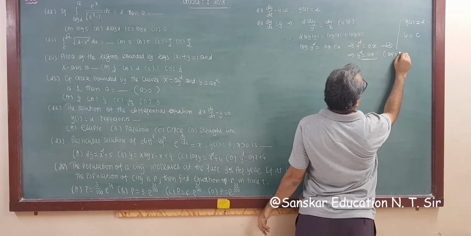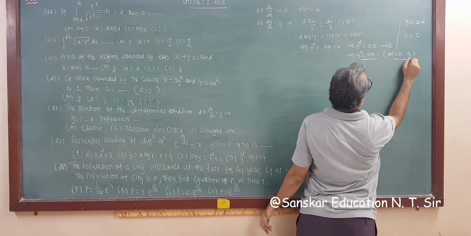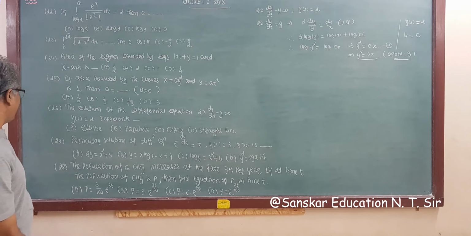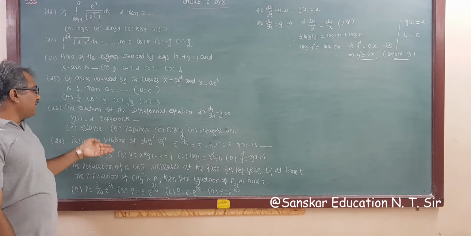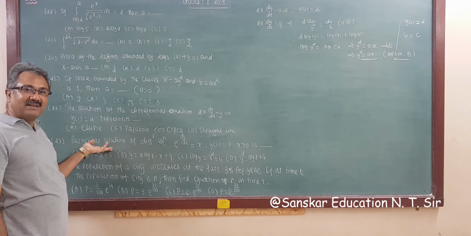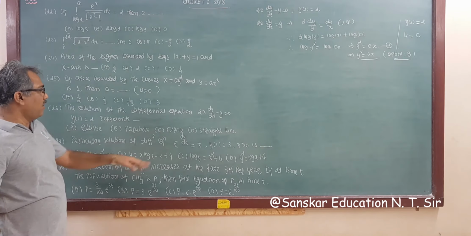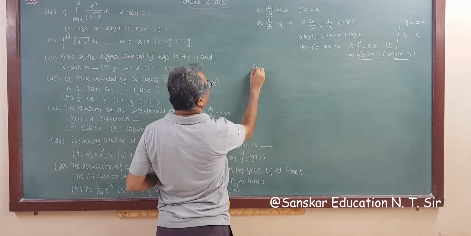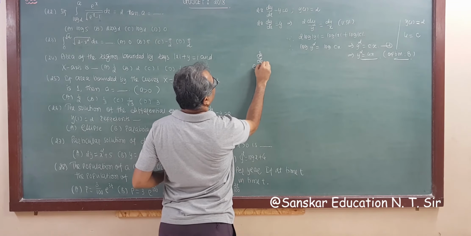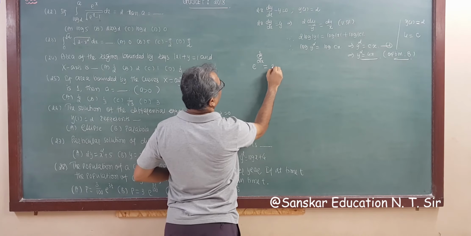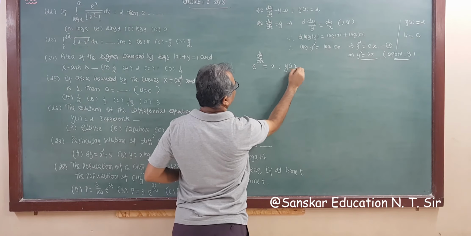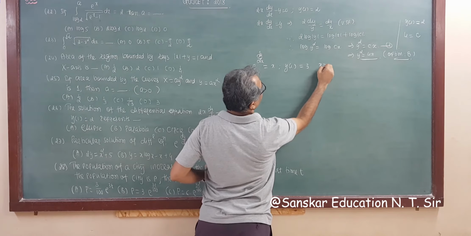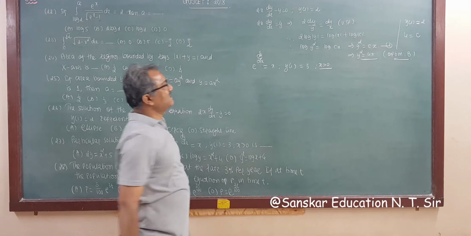So option B is correct answer, right? Then 27. Particular solution. Again, you have to find out the particular solution of the equation. So the equation given is a different equation. This is e raised to dy by dx is equal to x, and for the particular answer y1 is equal to 3, and also you have to take x is greater than 0.